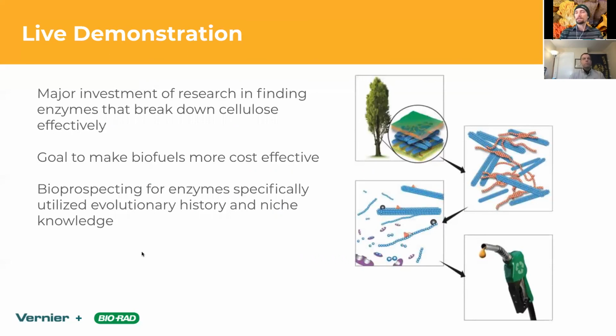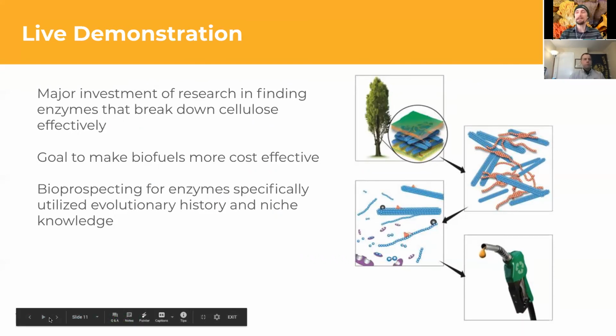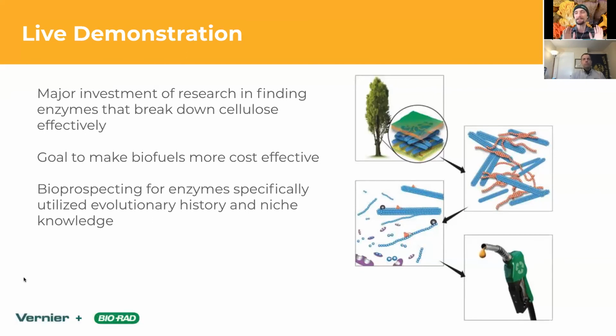The United States has actually put a lot of effort into this over the years. It happened with the first oil crisis, at the end of the 60s or into the 70s. It happened again in the early 2000s. Basically, anytime oil prices spike, the United States dumps a bunch of money into R&D, trying to figure out how we can turn all this biomass that we're great at making into fuels, so that we're not digging up dead stuff to burn. It also has a much better carbon signature, because you're capturing the carbon that you then end up burning.